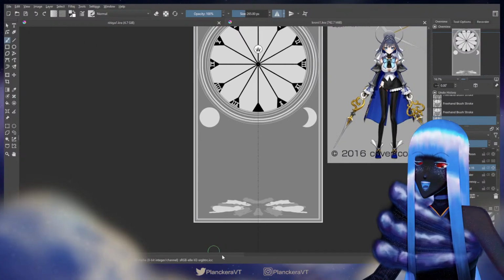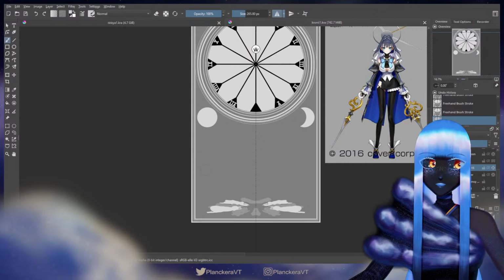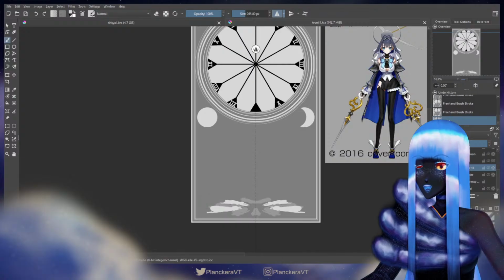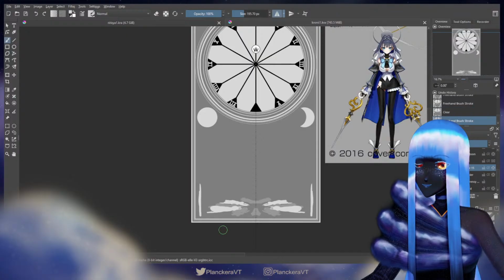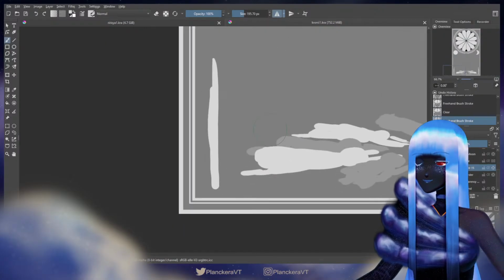Okay. But that's not quite right because I don't want it to go all the way to the edge. I want there to be a little bit of breathing room. So I think that point is going to be like somewhere around here. I actually forget how wide that border is. But I do think the point that I want is somewhere around there. So how do I figure out how much space I actually have?